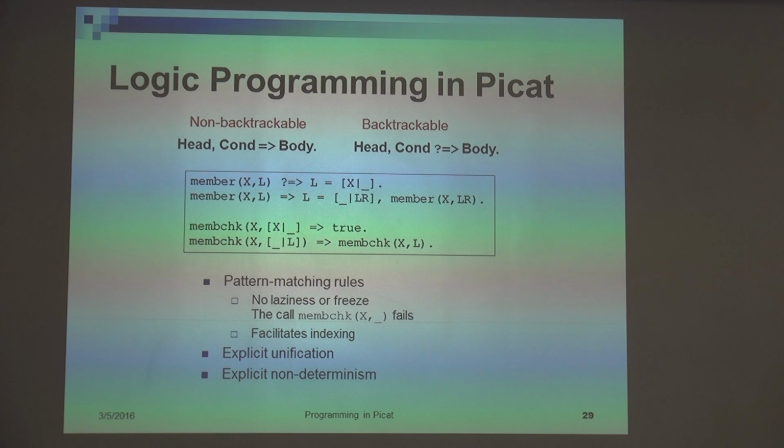Now we are ready to write programs. So first, how to write predicates. Predicates are written by using these two types of rules: non-backtrackable rule and backtrackable rule. These rules are pattern matching rules. Weda-san mentioned, had a great talk about guarded Horn clauses. In some sense, it is similar to guarded Horn clauses, but there are big differences. The first big difference is you see